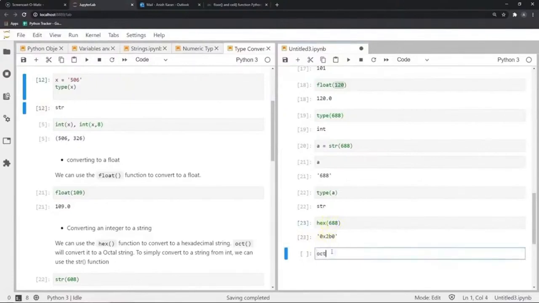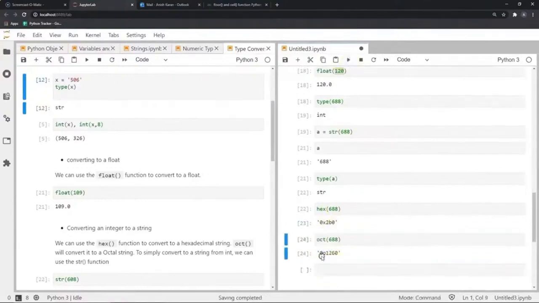Similarly, if I use the oct function for 688, it will give me a result something like this. So again, how to read this? The first 0 is to be treated as an identifier and not part of the number. What it's saying is the letter after this 0 is the base of the number